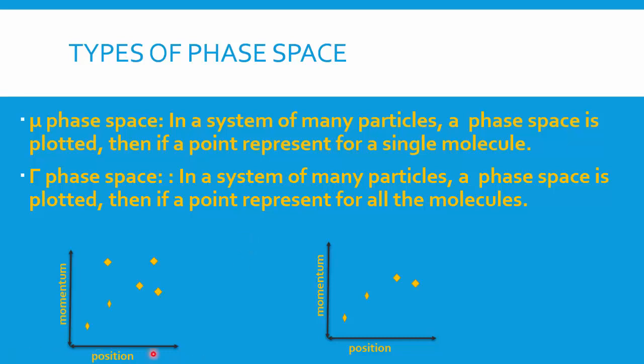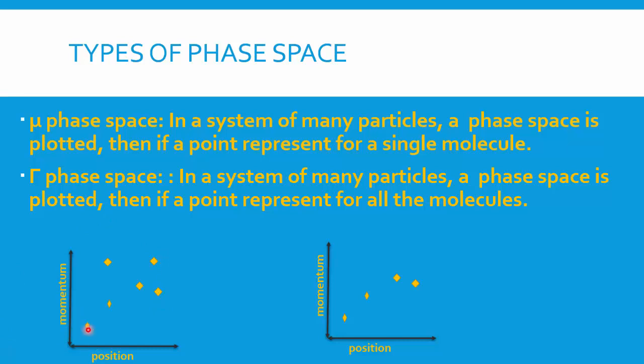If you plot x and px for every particle present in a container, for all the particles, then what is mu phase space? In a system of many particles, a phase space is plotted, and a point represents a single molecule. Let us say you have six particles in a container. For every particle there will be a value of x and a value of px, and when you plot that, each point in this graph, or phase space, will give